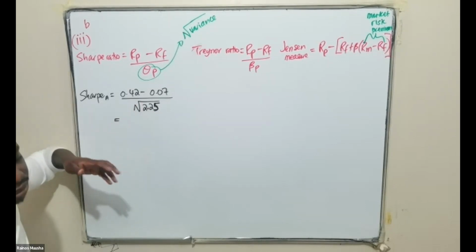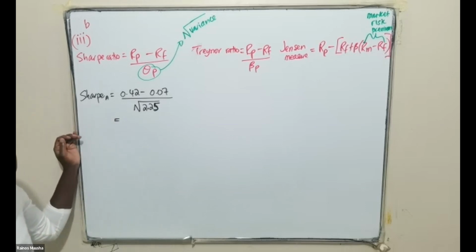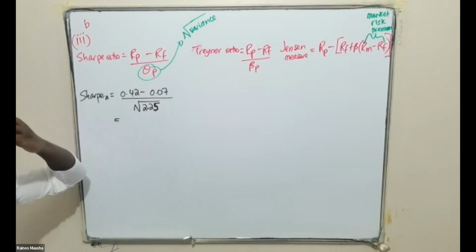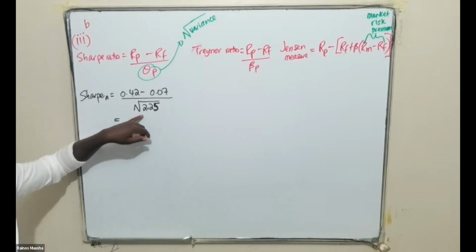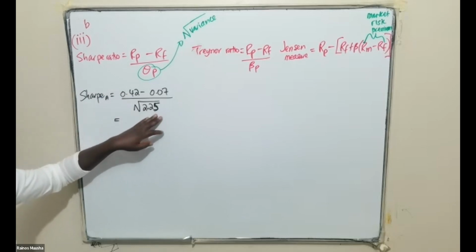Because the question would be, is it just a figure, which is not usually the case? The variance is basically a measure of risk, which means that either you're going to put the variance in rand or you're going to put the variance in percentages. It's always going to be one of the two things. So unless they say this variance of 2.25 was in rand, because remember, your risk is not only measured in percentages, you can also measure your risk in rand, in a currency. So if they are saying that the risk in this case is in rand, then it's going to be the square root of 2.25 because we take it as is.